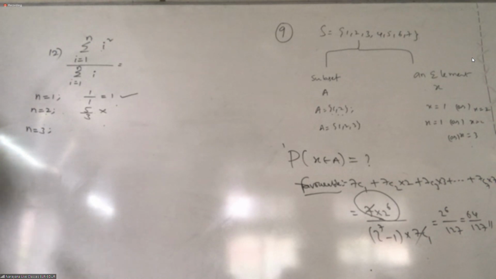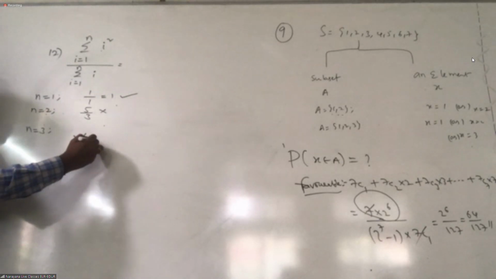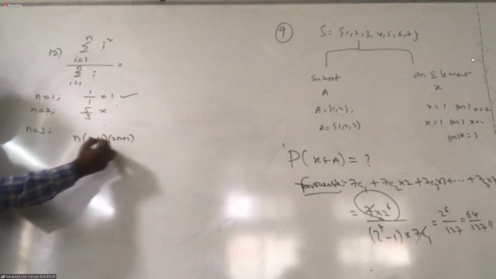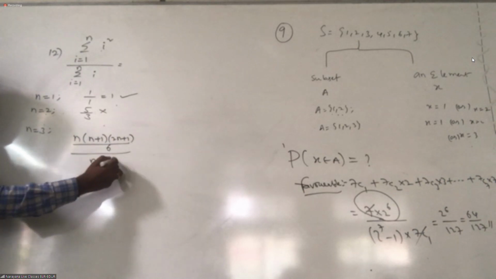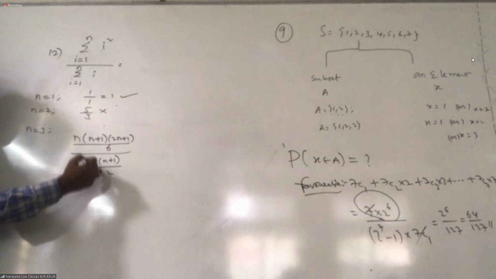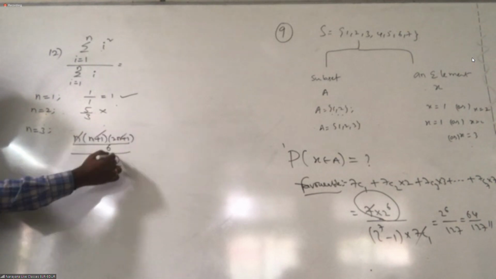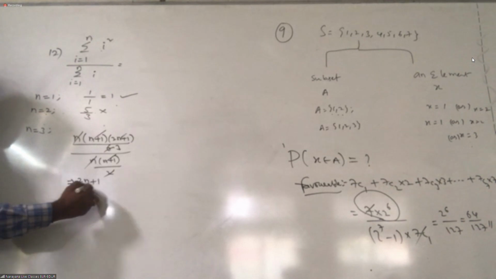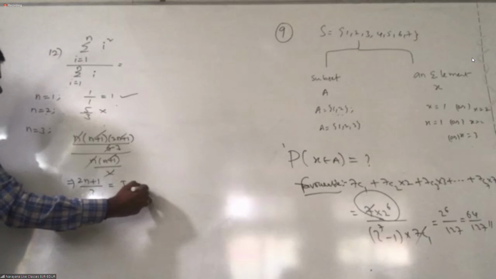Correct, there we want n. Suppose you take it in terms of full n, what is it going to become? n into n plus 1 into 2n plus 1 by 6, divided by n into n plus 1 by 2. The 2 gets cancelled and n plus 1 cancels. 3. 2n plus 1 by 3. Now we want this to be an integer.